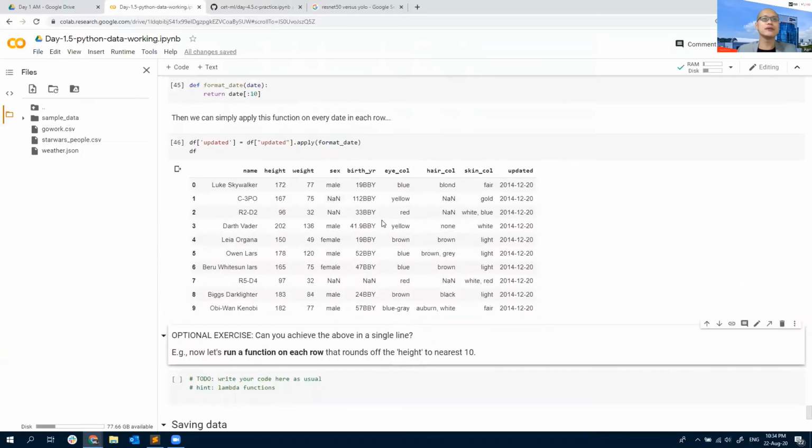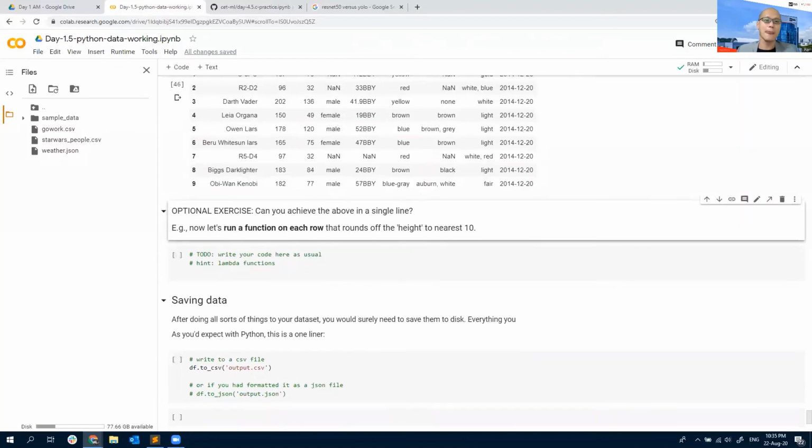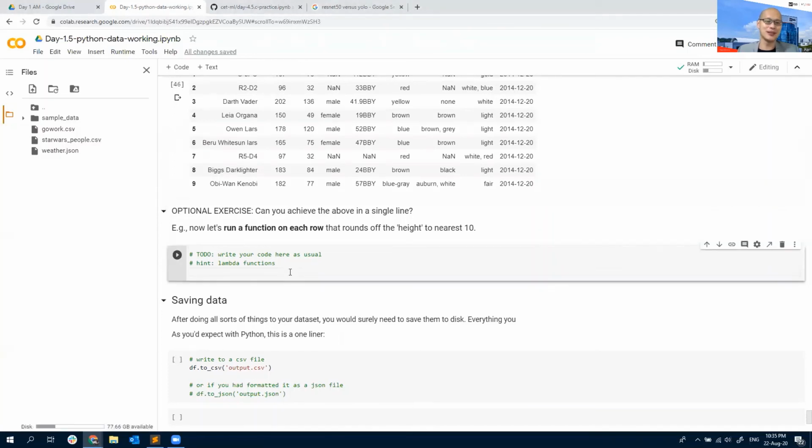So can we achieve this in a single line? Run a function on each row that rounds off the height to the nearest 10. Okay, so we can definitely do it. It's just that we did not teach this so far, but there's a way to do it, which is to use a lambda function. Firstly, we are going to run it on the column height. So the column height has got to be changed,